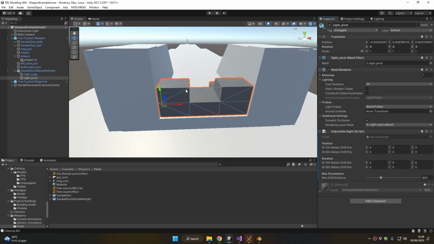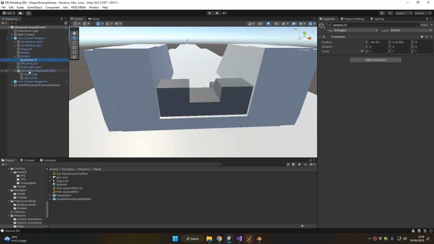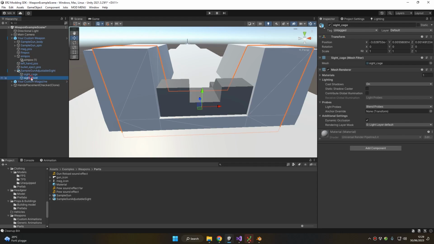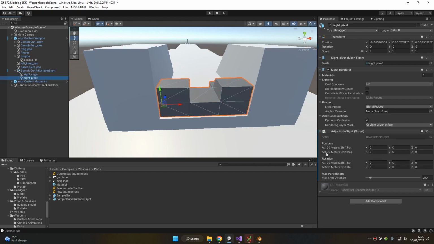So our adjustable sight, for example, we want it to rotate at 200 meters, and this is not gonna be 500 meters adjustment, but it's gonna be 200. You can have middle positions here when you have more than 1 aim position, but as we have only 1 standard and 1 adjusted aim position,